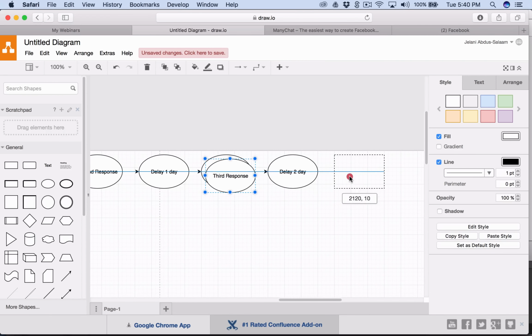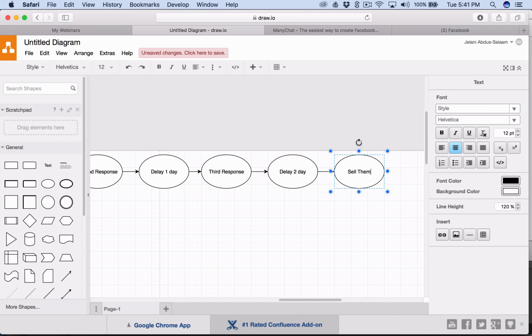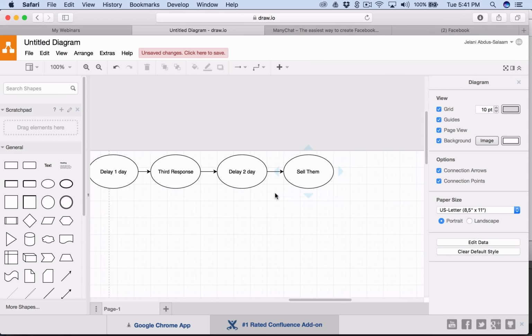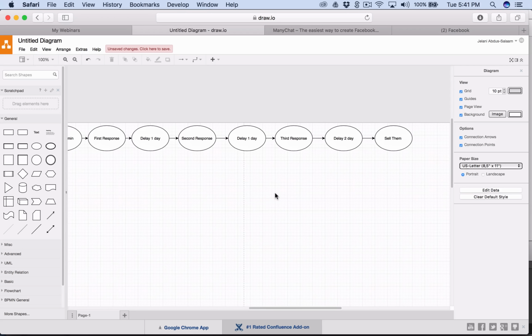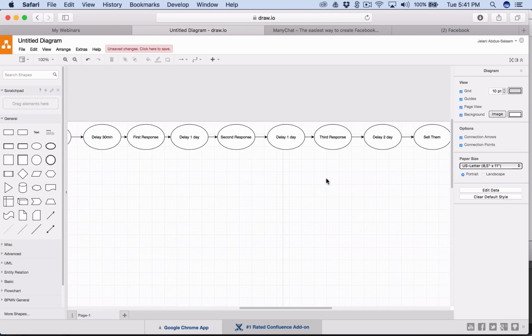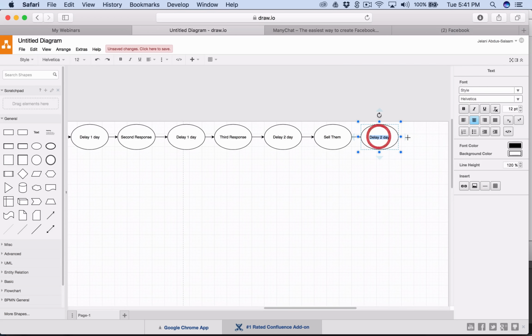And then on our fourth response, you want to kind of sell them on something. It could be something small, right? And if they don't buy, you can even make this more advanced, like, tag them to say they didn't buy, but you can follow up with them saying, hey, Jamie, or hey, Todd, whatever the name is, we wanted to make sure that you saw our last message, and we were interested in knowing if you bought or were interested in the bot subscription, right? Or something like that along the line. So you can do another 1-day follow-up to the last message, right? So delay 1 day, and then